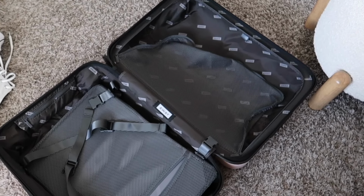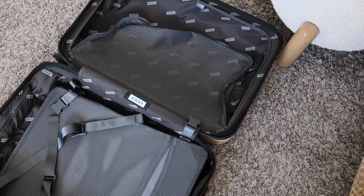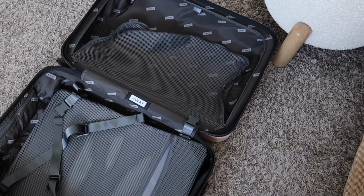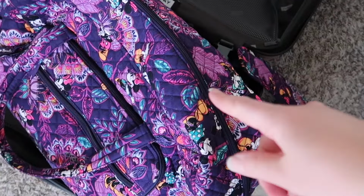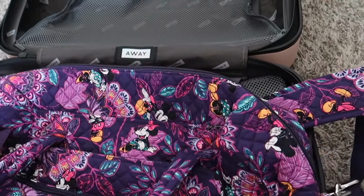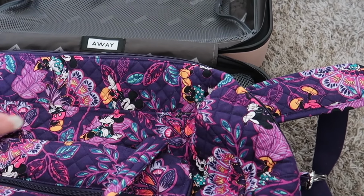Even though I am literally packing in just a couple of days for another trip, I'm gonna put my suitcase away just to help me feel like there was at least some normalcy between trips. So I do typically put my under the seat bag, which is this Vera Bradley Weekender, in my carry-on, and then I zip this up